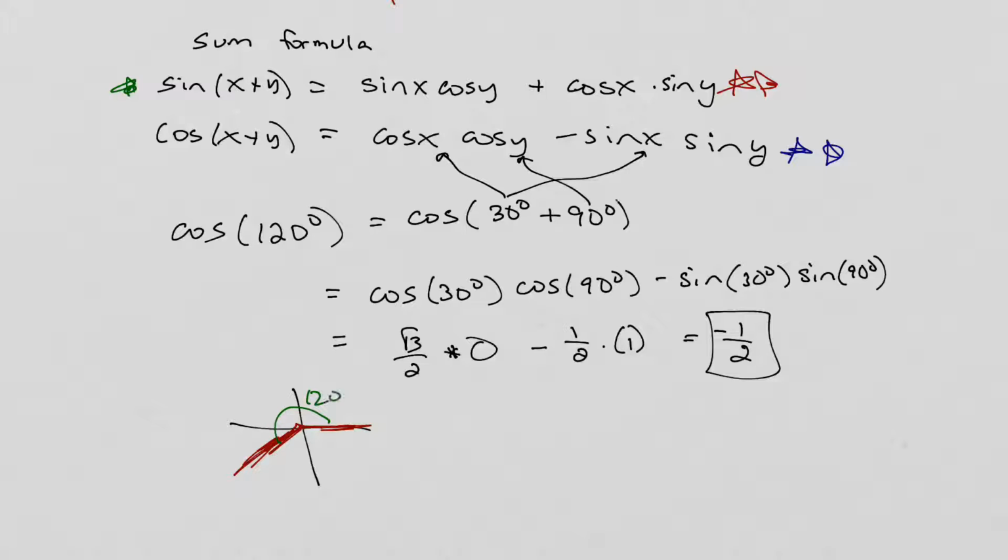So there's 120 degrees. The reference angle right here is 30 degrees. So this is the same thing as cosine of 30 degrees. Did I do that right? Cosine of 30 degrees with the right plus or minus sign on there. Right, so we get a minus 1/2 with that one. Okay, so we have these two forms we can come up with if we want to get a different type